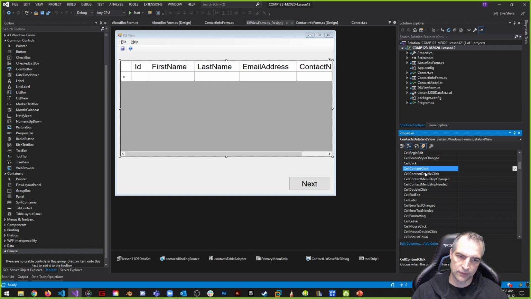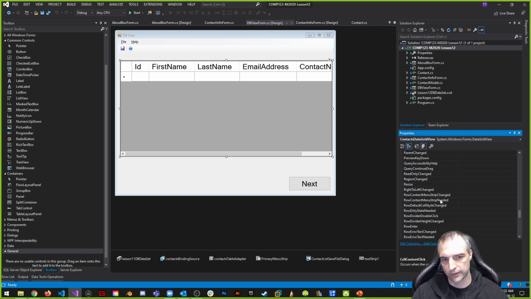And when I select a cell, whatever that cell is, that's one of the options that I could use. There's also row enter, row header, row leave. There's a bunch of them, right? So, depending on which one I want to cover, if you notice there's row context menu strip